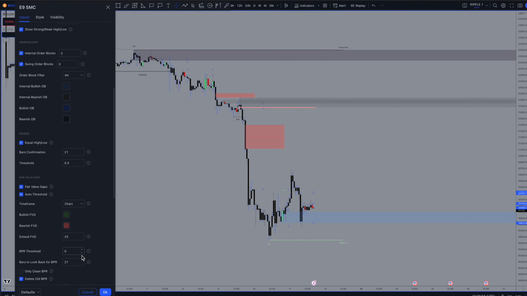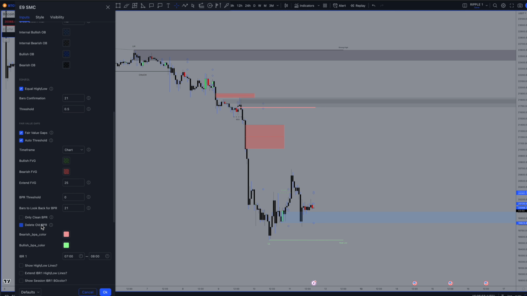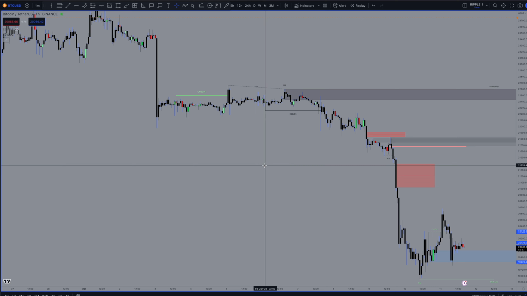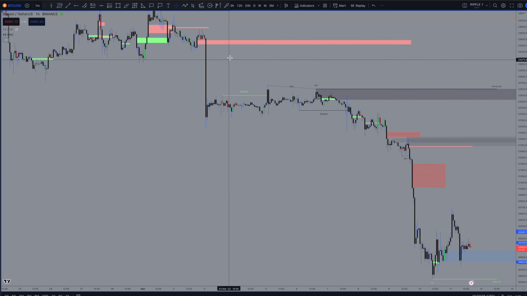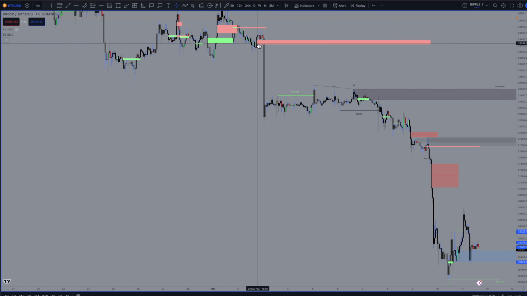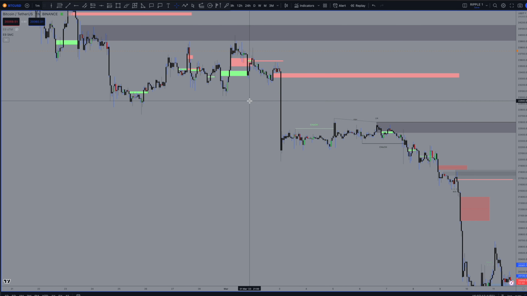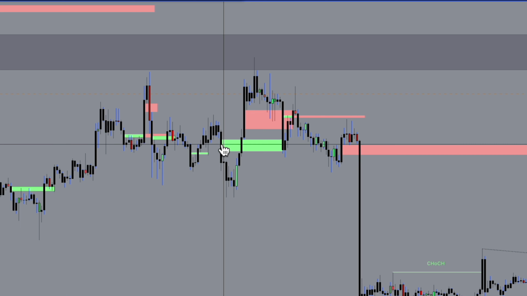So I've gone over this previously, but if I just move this, delete the previous BPRs, and we just start to have a look at the price range. We've got one here that hasn't even been tested. Why has it been deleted? Okay, yes. So we've got a gap on the left-hand side, gap on the right-hand side, and then